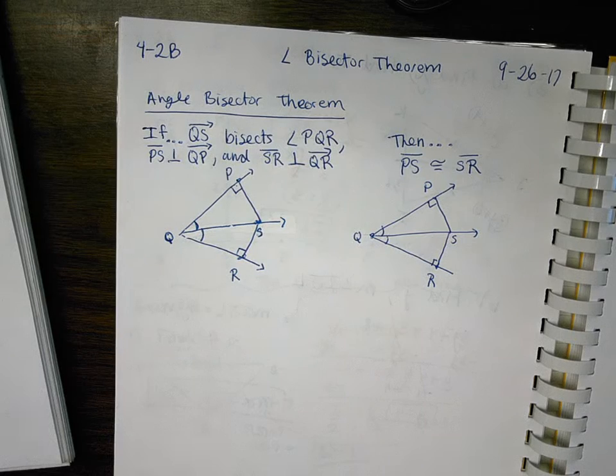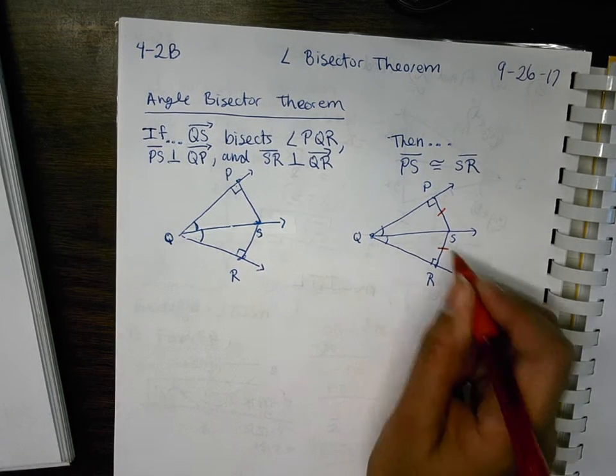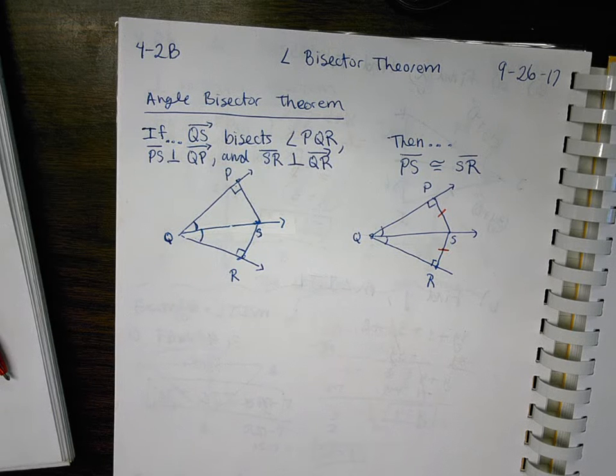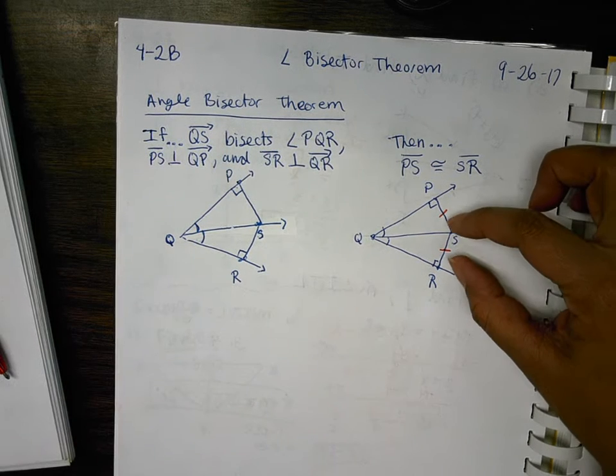All right, so if all that happens, then PS is congruent to SR. Okay. It goes through all this, and it's called the angle bisector theorem, but should we know that these are